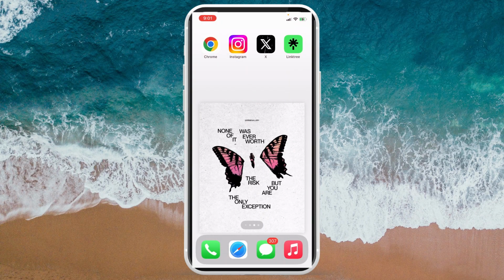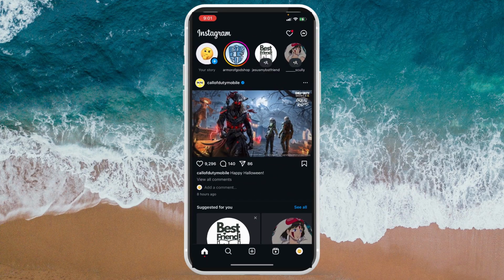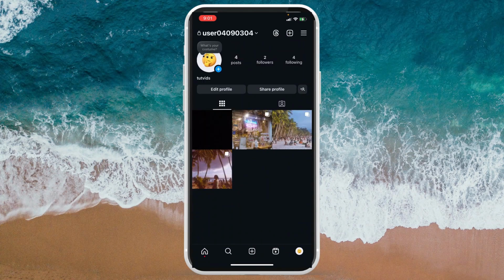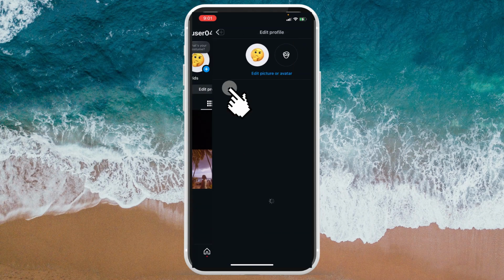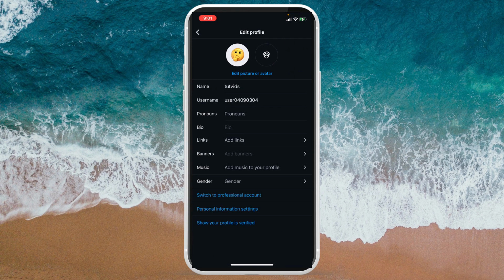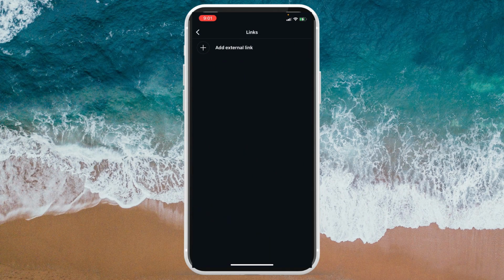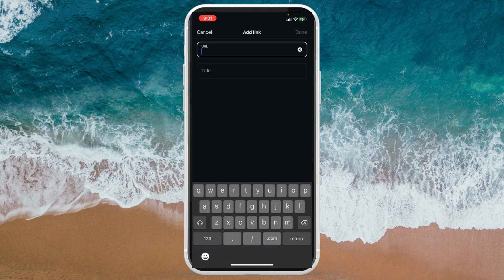Right after, close that one and head onto your Instagram account. So once you're in here, click onto your profile icon here onto the bottom right corner of the screen and click onto edit profile. So there you should be able to find in links, click on add links there and add an external link. So we're gonna paste in here the recently copied link from Linktree and then we're gonna